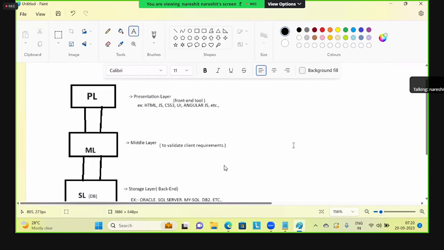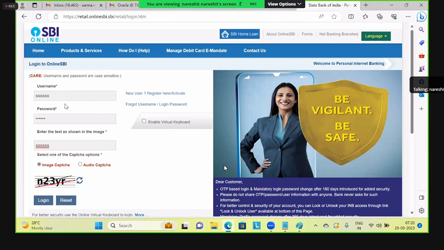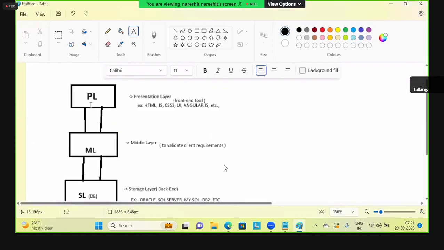That means the client requirements are, for example, username mandatory, password mandatory. Okay, guys, these are some conditions. To satisfy these conditions, the password should also start with an alphabet, with one uppercase letter and one lowercase letter. We have some validations, and if you want to satisfy these validations, we implement them inside this